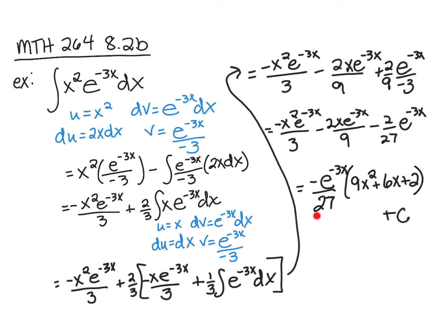So when you're checking your answer, you're going to take the derivative of this form instead of doing a product rule and another derivative. You can just do one product rule. And on the next page, I'm going to show you a quicker, easier way to do this, but I do want to warn you, it only works if you have an algebraic term, and you need to learn to do it this way with the multiple parts, because it's important that you learn to do parts multiple times for other things,